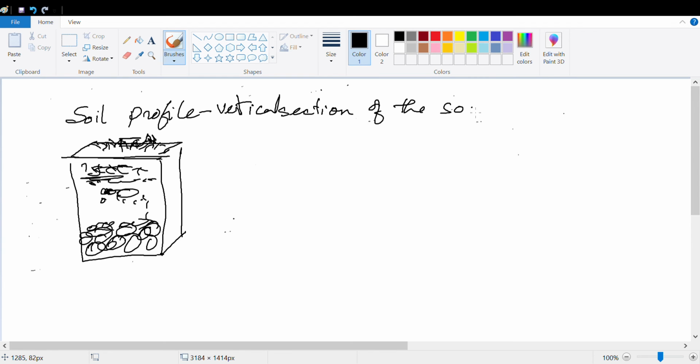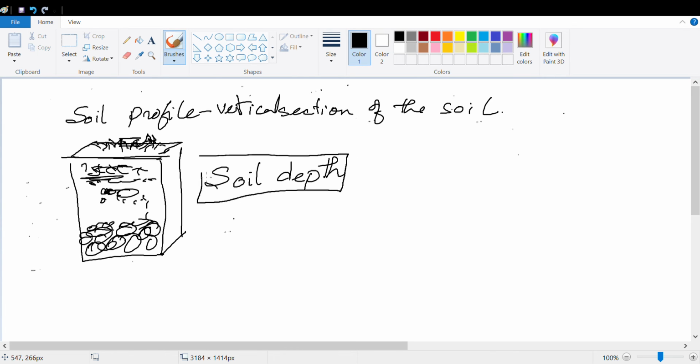This one. And now we know what is soil profile. Let me introduce another term, that is soil depth. This can be quite confusing to some. So it's nothing but